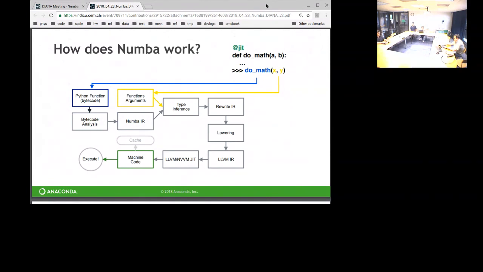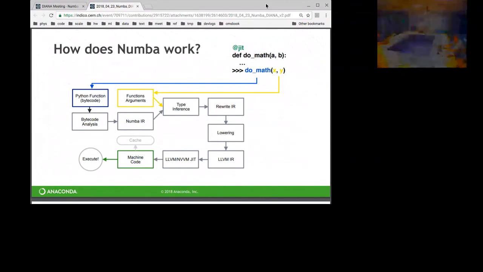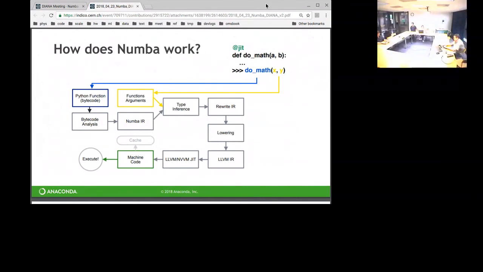So LLVM is a general compiler library. It backs Clang, all of these things, and is the reason that Numba can be as lightweight as it is, that we can defer the entire back end of our compiler to this library that all of these hardware manufacturers contribute to and ensure works optimally on their hardware. There's a related library that NVIDIA has called NVVM, which is a fork of LLVM that understands a slight variant of the LLVM IR syntax for compiling for NVIDIA GPUs. So we actually switch between those depending on whether we're doing CPU or GPU work.